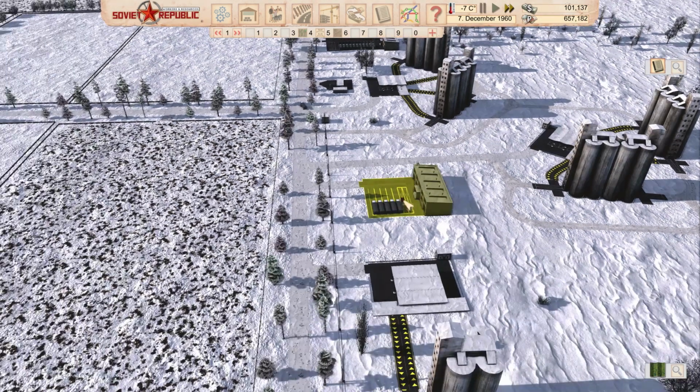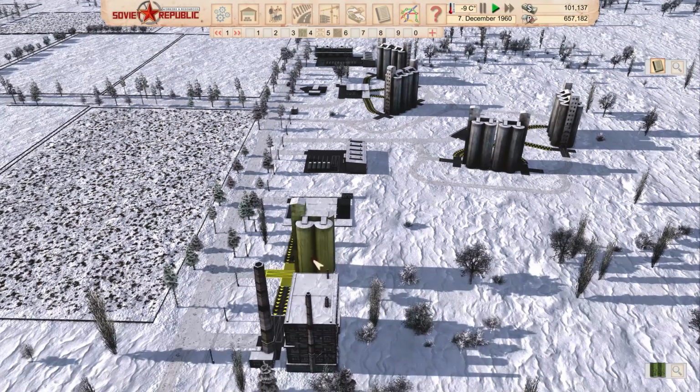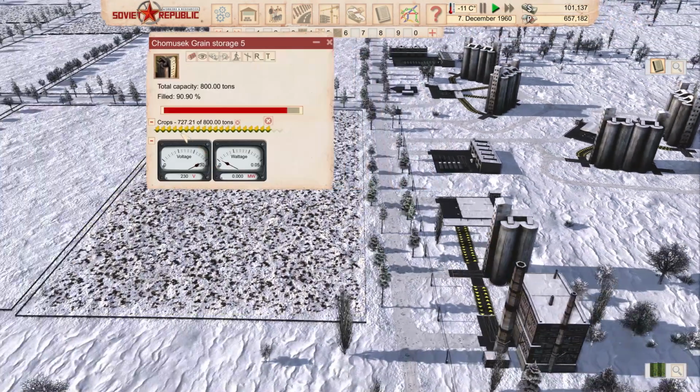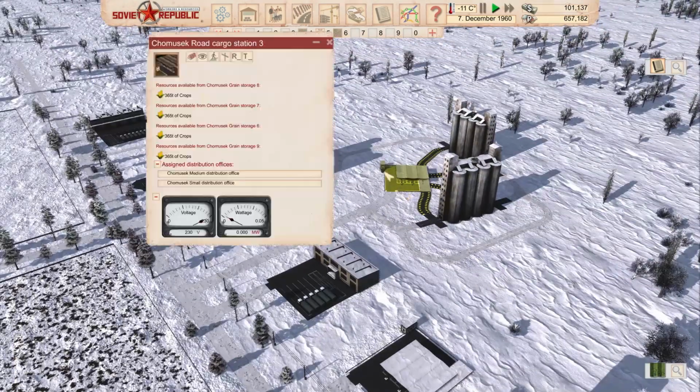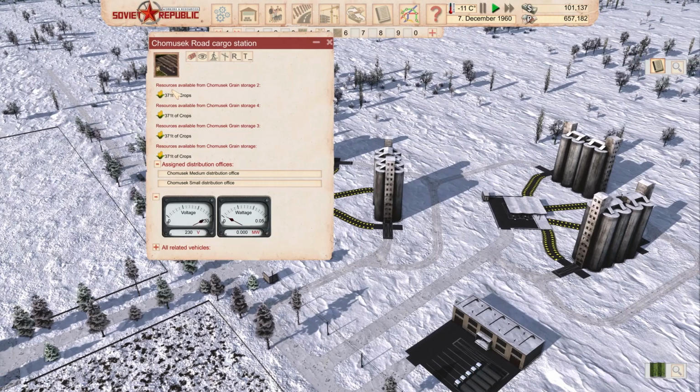Right, okay, so here we go. I'm gonna slow the time down. I have a calculator in front of me. Unfortunately, I'm just gonna say this. I'm gonna go through each one of them. You can calculate yourself. So we have 727 tons of crops over here. When we click on the cargo station, you see 365 in 4 different silos. Each one of them has 365. And then we have 371 tons of crops here times 4, of course, and altogether would be